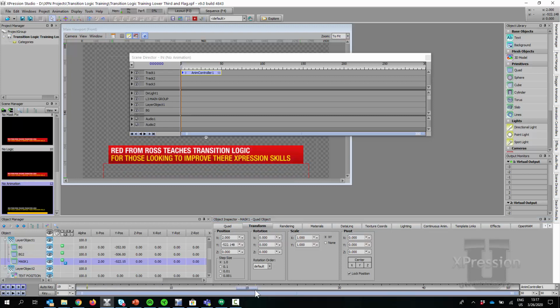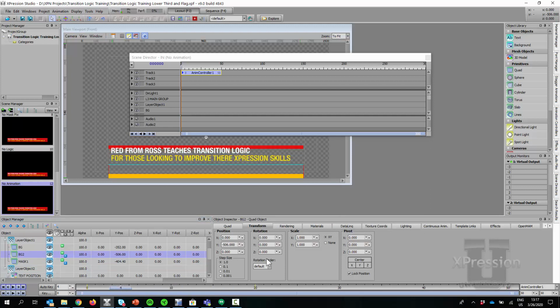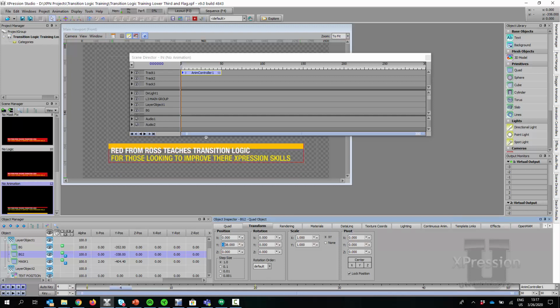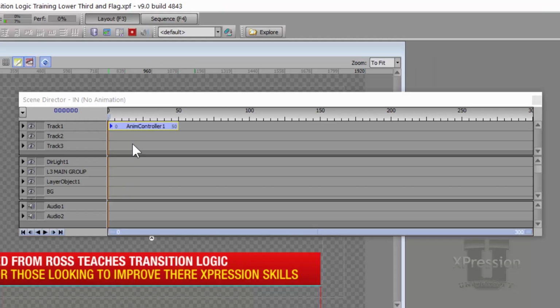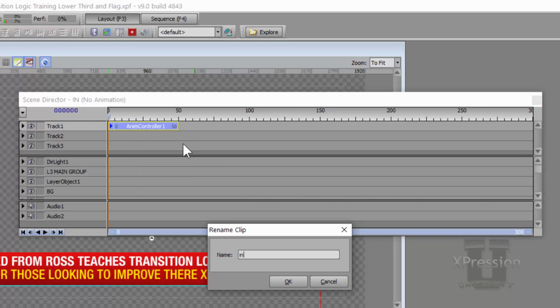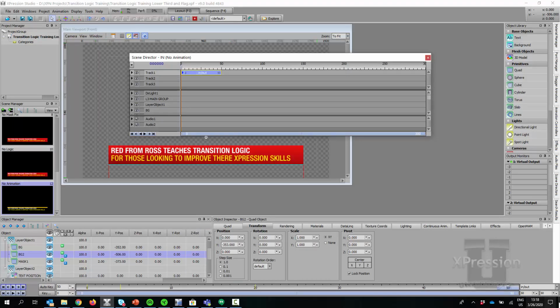Now I'm going to move to the end again. I'm going to move that BG2, that orange object. I'm going to make a keyframe on that. And I'm going to start that from, let's say, 4. It starts in the same place. There we go. And now what happens if you play those together, we get a little orange line and eventually the mask catches up, so it gets thinner as it moves. So just a little bit more interesting than a hard edge. And that's going to be our in animation. So I'm going to rename this guy as in and out. And I'm going to trim that down to 20 in here.